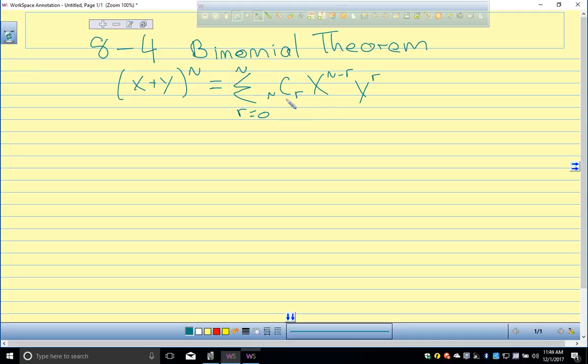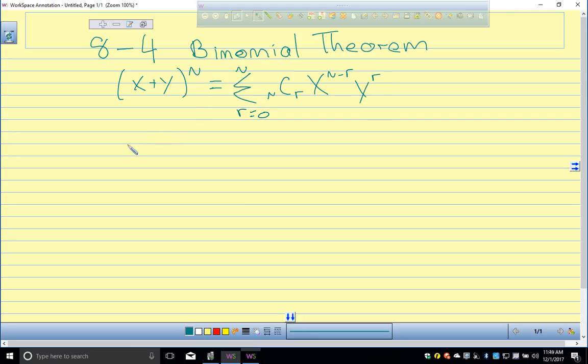So this is a combination. You guys know what combinations are? There's a button on your calculator. I'm going to show you they involve factorials. That's why we talked about factorials a little bit, and we'll talk about them more when we get to probability. This is the combination of n items taking r at a time. The calculator button is under math, in probability. N minus r is the exponent of the first term,